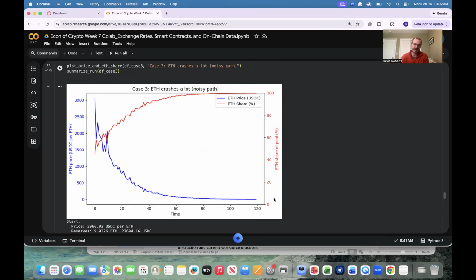At the end of the day, the liquidity provider ends up with only Ethereum, but the Ethereum price has crashed. So this is really the big risk probably from the perspective of the liquidity provider. Probably they're thinking about life mainly in US dollars, and so this is a bad case for them. They end up with all Ethereum, and Ethereum has a low price at the end of the day.